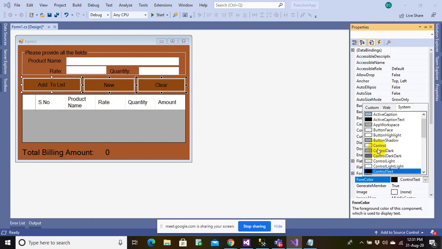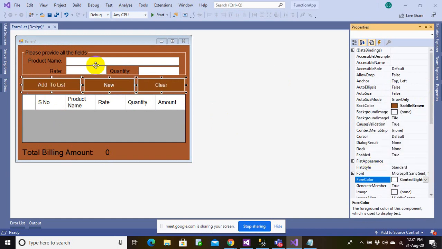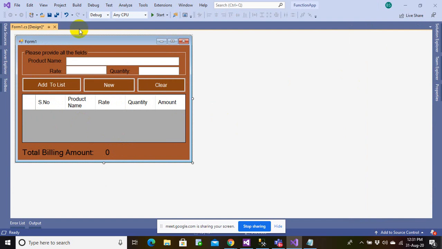For color, let's say I want to have this as white. That's it. So this is all done, everyone.